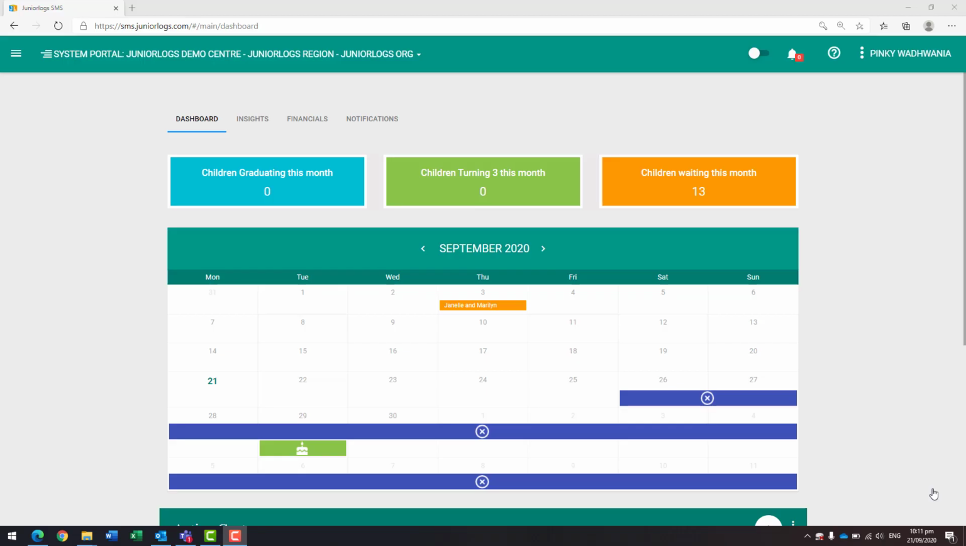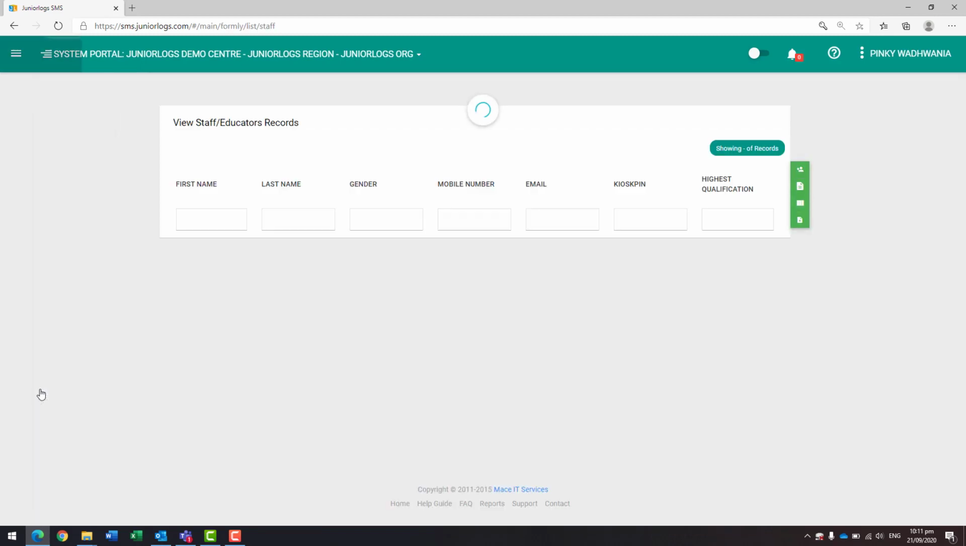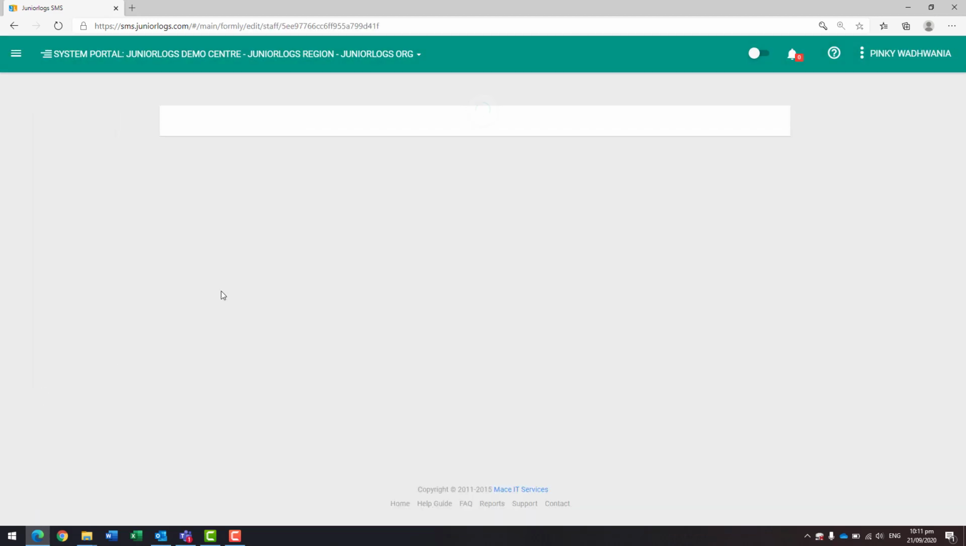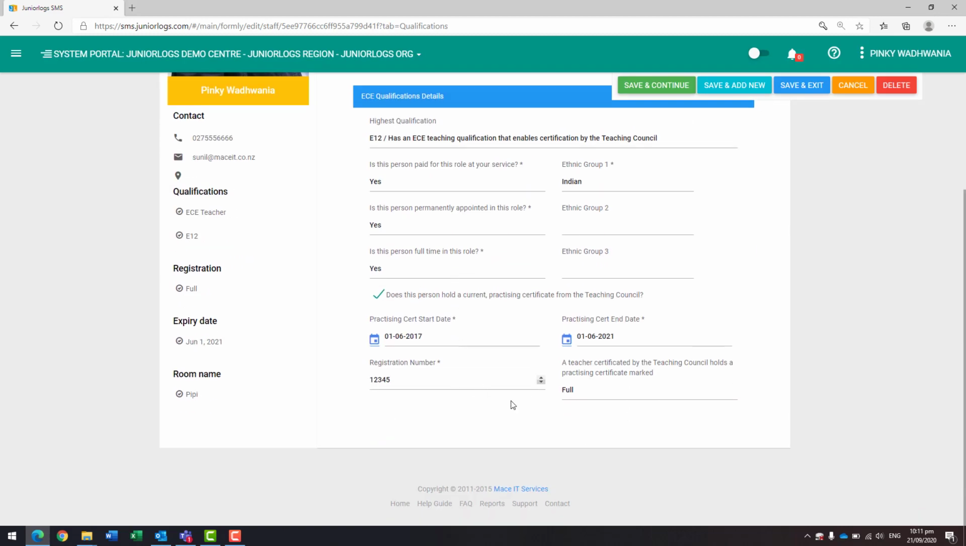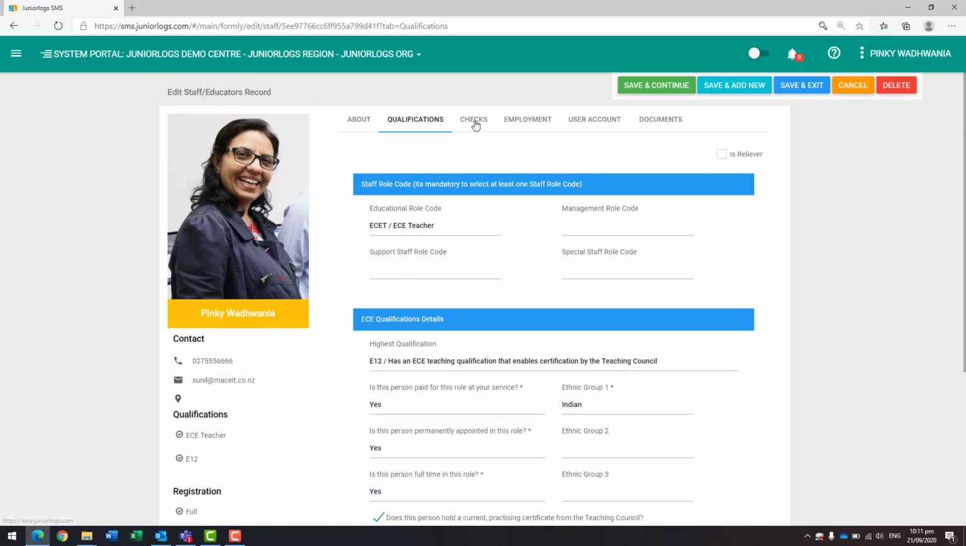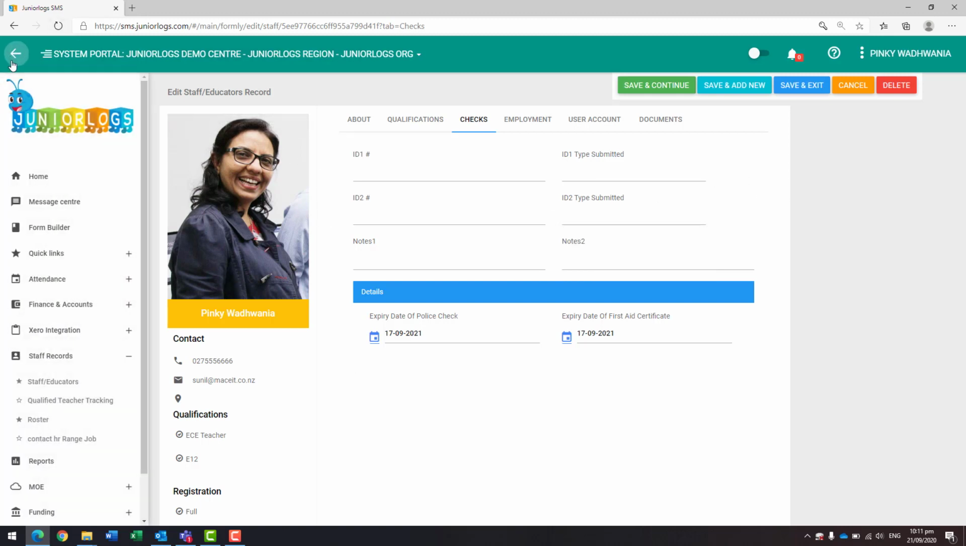Staff rostering and contact hours recording in Juniorlogs. Once we've got all our staff details saved under staff educators table, like their contact details, qualification details, along with their registration details, the checks, police checks, first aid certificate expiry, and all the IDs that we've captured. All of that information will be saved under staff educators, and based on this information, when we bring up a